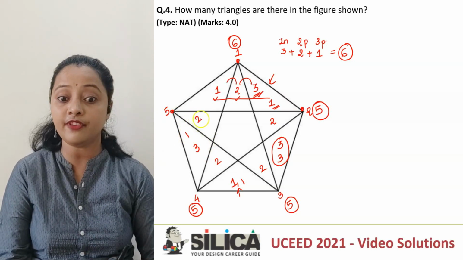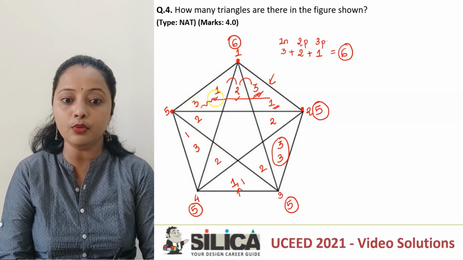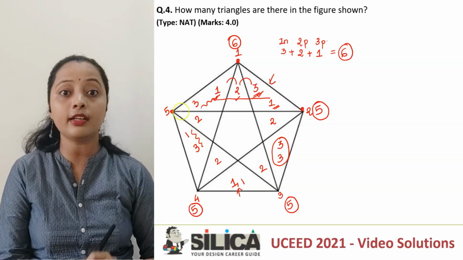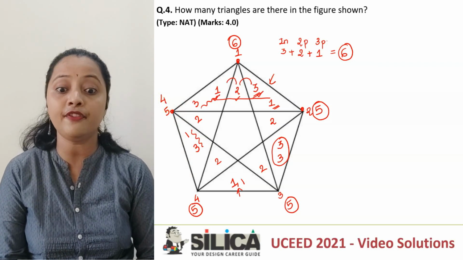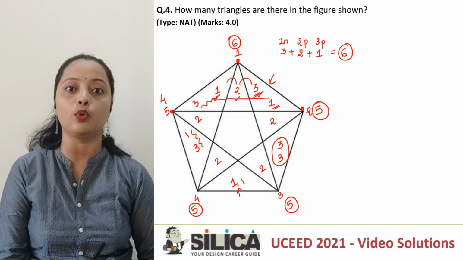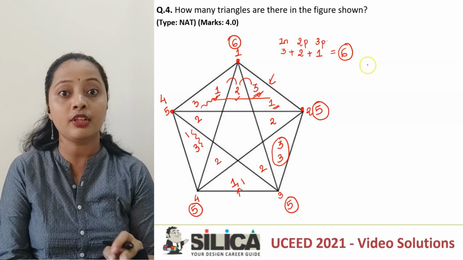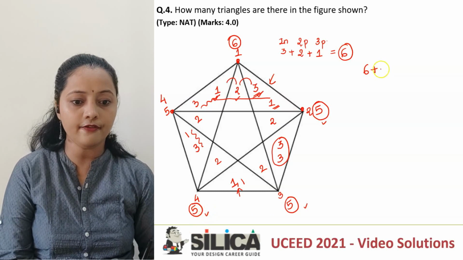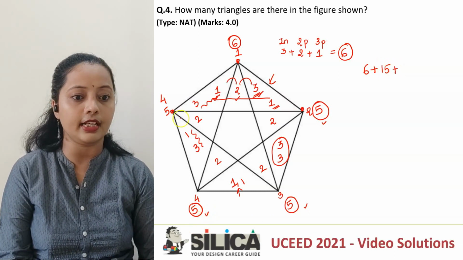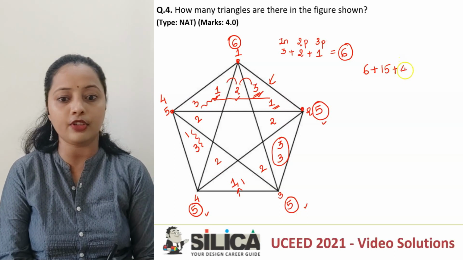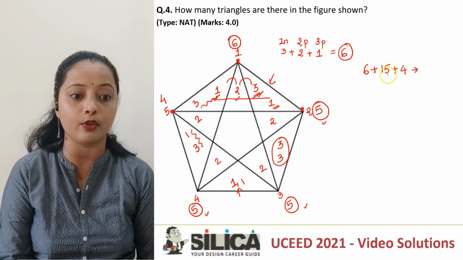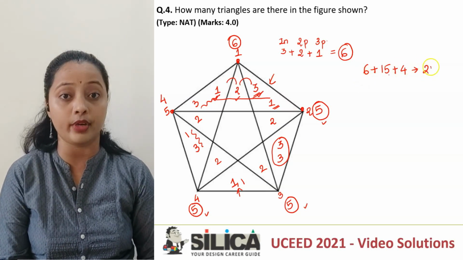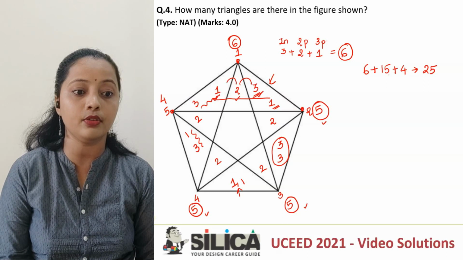And then we'll finally come to vertex number 5. Now for vertex number 5, be careful. If I number 1, 2 and 3, what is happening? This 3 and 1 and this 1 and 3 are both coming out to be common, isn't it? So instead of having 5, now I'll have 4. So basically just because of the outer vertices, how many triangles do I get? 6 plus 5, 5 and these 5, that will give me 21. And finally for the fifth vertex I'm getting 4. So if you add this up, 21 plus 4 is equal to 25.